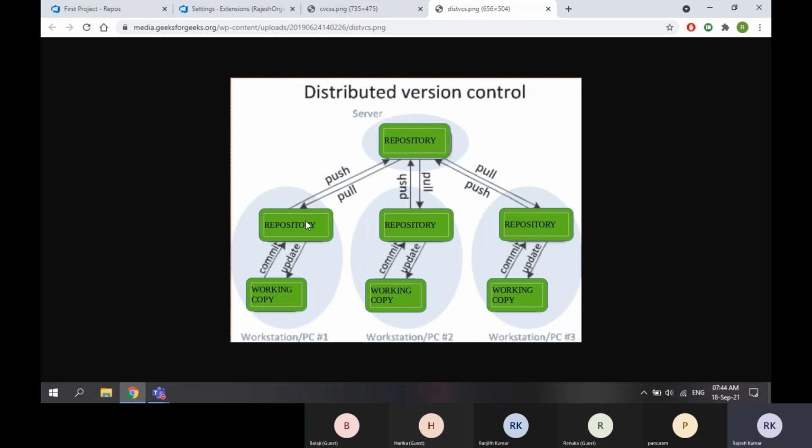Why? Because when I have 3 copies, these 3 copies may have different changes, but at least I have a copy. Suppose today is September 1st, and I gave these 3 copies to these 3 developers. On September 10th, I lost this server.